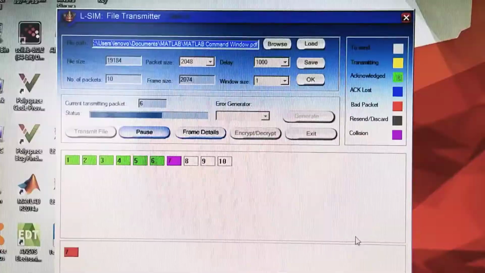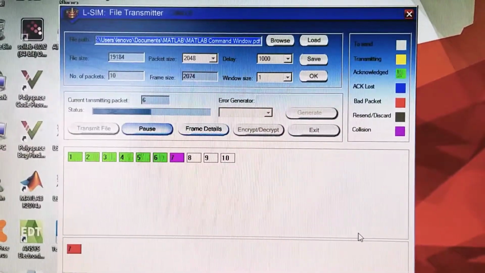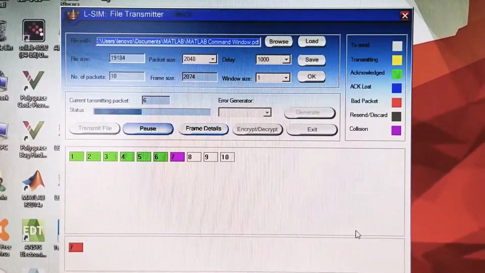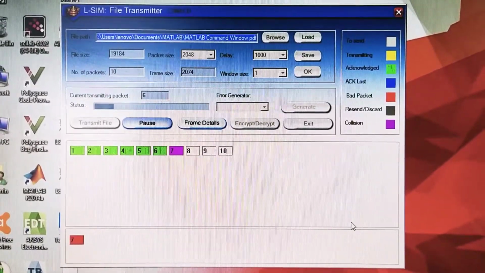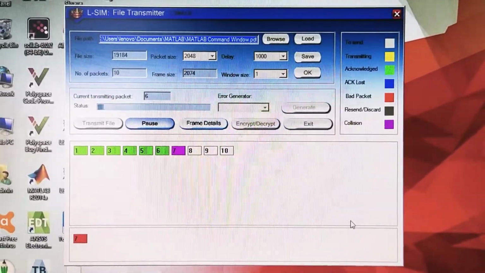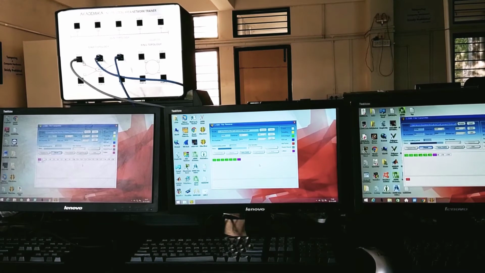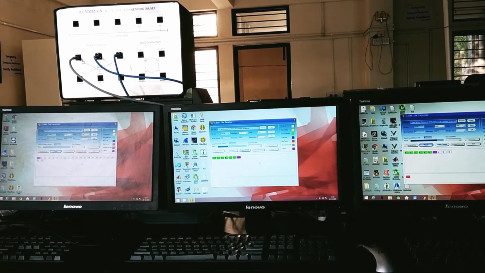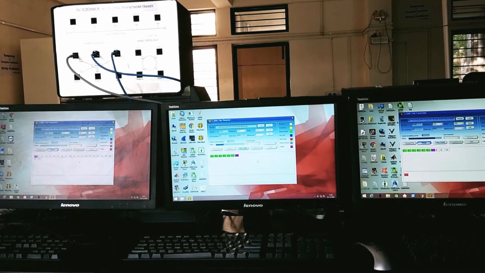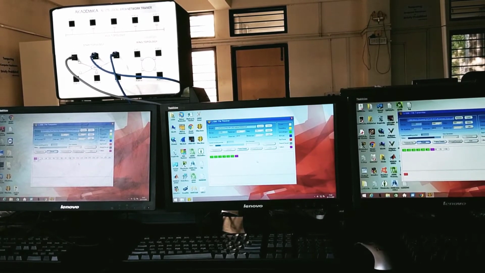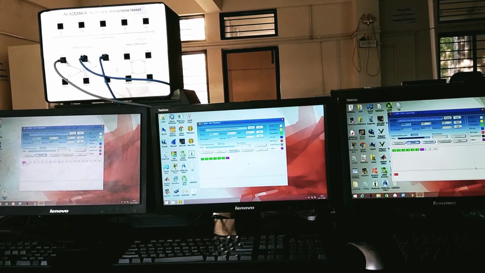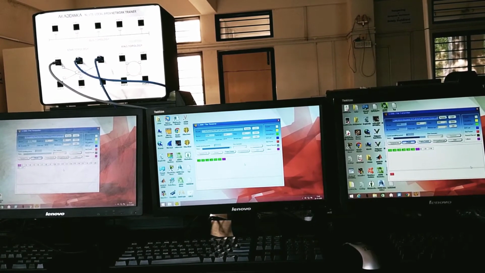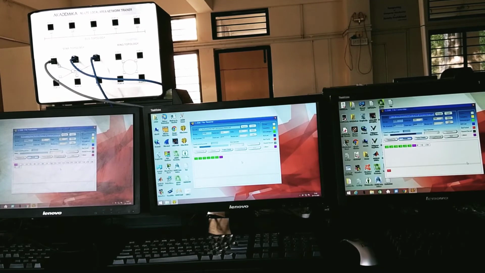One of the clients, as you can see, 7 number with red color at the bottom side, indicating the bad packet because the bits are getting corrupted due to the collision effect. As you can see, due to the collision detection, the things will get very complex and all will be in waiting mode. So the data transmission will take longer and will face more collisions as studied in theory part.